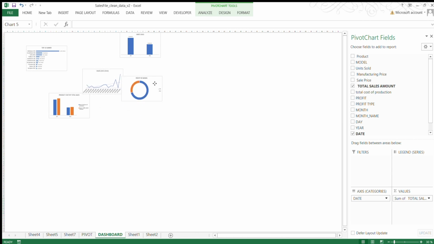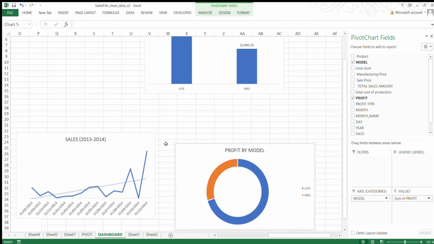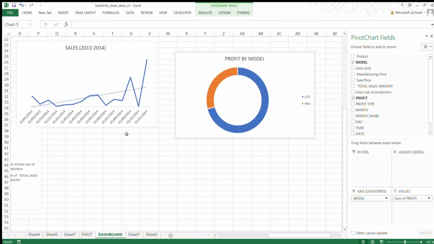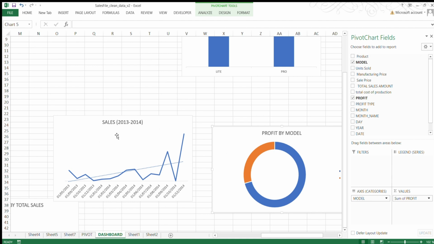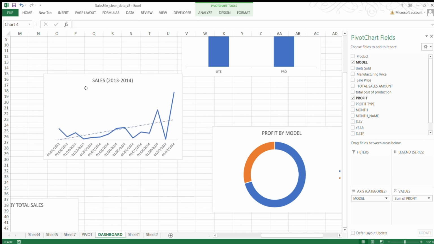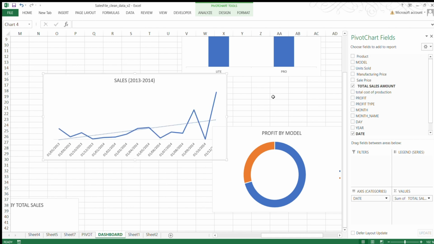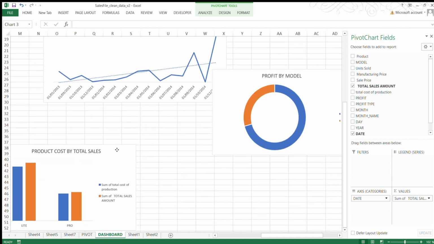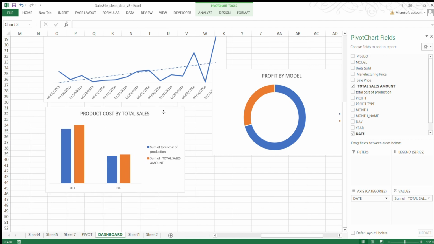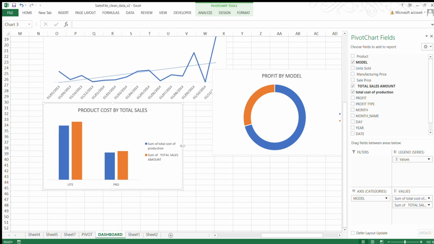I can bring this up, then I'll zoom out, and now I can resize them. And from the charts, I should know that sales over time looks more important. It's not like the rest are not important, but there's no one way on how you want to design your dashboard. And I have my total cost. I can bring it under,